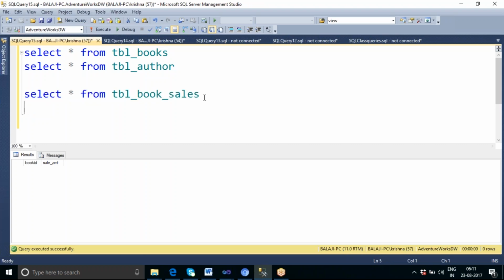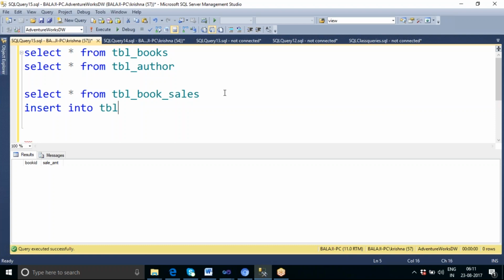Whenever any customer is coming and purchasing a book, how will you store the amount? Will you store the amount book-wise, or book-wise and author-wise? We don't sell book-wise, author-wise separately. Whenever any customer comes and purchases a book, we give the sales for the entire book. We don't give separate sales for each author. If you have three authors for a book, we don't charge separately for each author. So we will have the book and what the sales is. That's why in our sales table we have to insert only the book-wise sales.